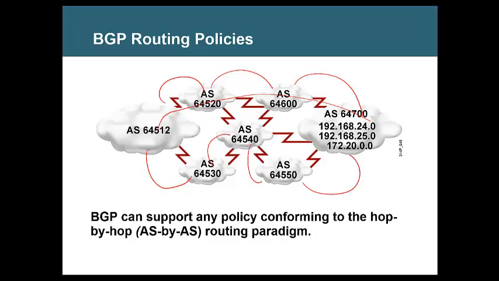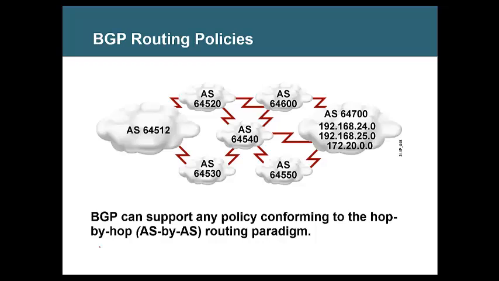So when you don't tune attributes, most of the time the path will be selected based on the shortest AS path. When there are no other attributes tuned by us, there are many attributes we will be learning later. We have 0 to 11 attributes. And when you don't tune them, most of the destination path is determined based on the shortest AS path.